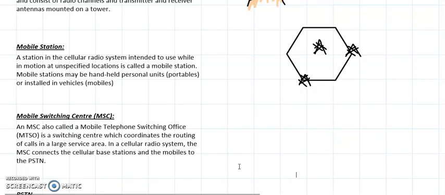What it does is it connects the mobile station to our landline phones. So the very first connection of the mobile station is of course with the base station. After the base station, it gets connected to the MSC or the mobile telephone switching office, and the mobile telephone switching office then coordinates with the PSTN or our landline networks. So this is basically a link between our mobile systems and our landline telephone systems.